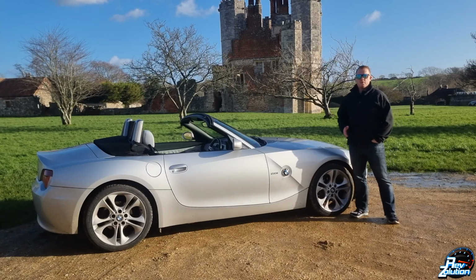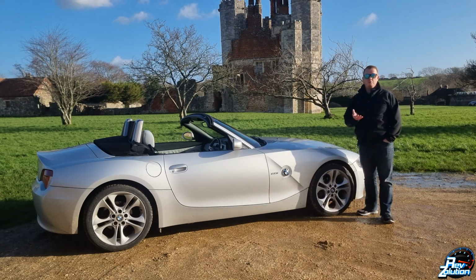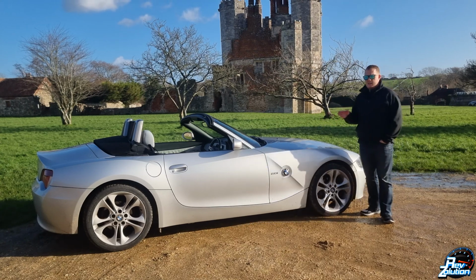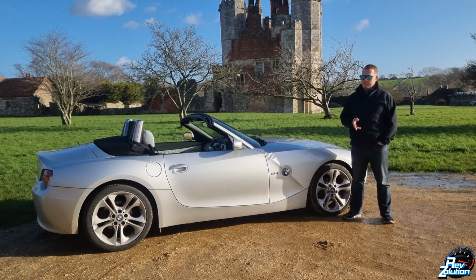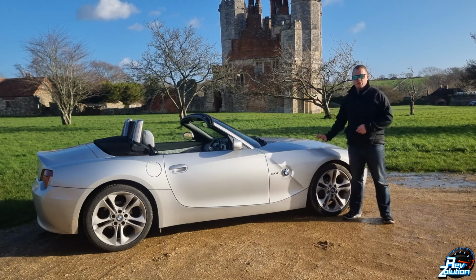Now, when it comes to the parts for this car, I've actually purchased the majority of things I've fixed on it from BMW direct. For instance, the cigarette lighter, or in German words, the cigar lighter, because it's a BMW, they're classy, they don't call them cigarette lighters, cigar lighters. That cost me, I think it was £11 plus VAT, direct from BMW. Now, the cheapest one I found online was on eBay. That came in at £22, free delivery, but £22 for a non-genuine part, or £11 plus VAT from BMW, it's kind of a no-brainer. It's always worth phoning up your local dealership and looking at the price that they charge